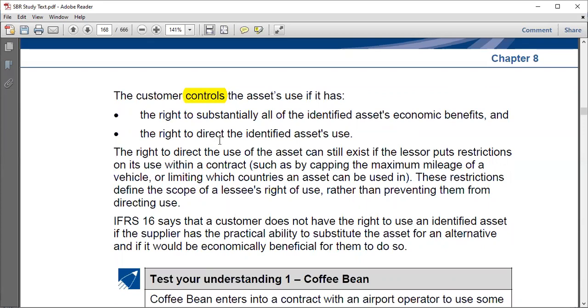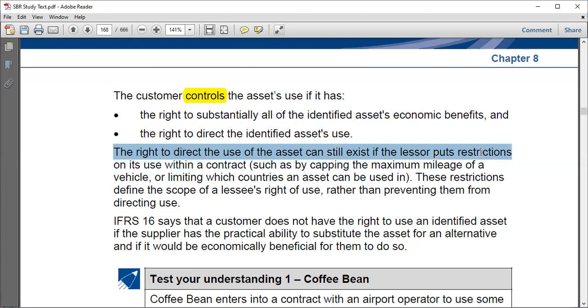We usually say that even the conceptual framework says that you have control when you can direct the use of the asset and prevent others from accessing those benefits. You can refer from that normal definition in the conceptual framework. But here we are dealing with the specific standard. So you also have to consider this, the right to substantially all of the identified asset's economic benefits. All right, then proceeding, we are told that the right to direct the use can still exist if the